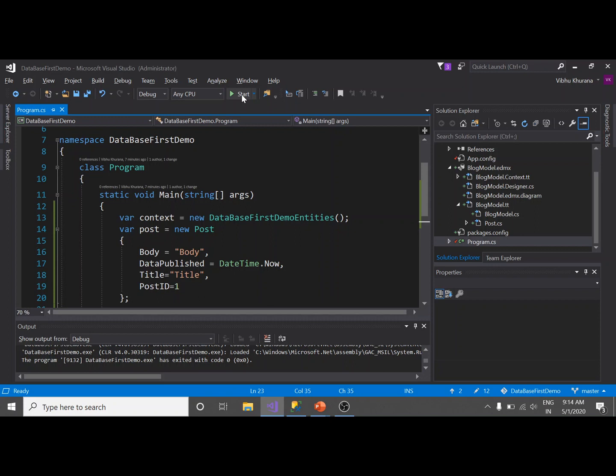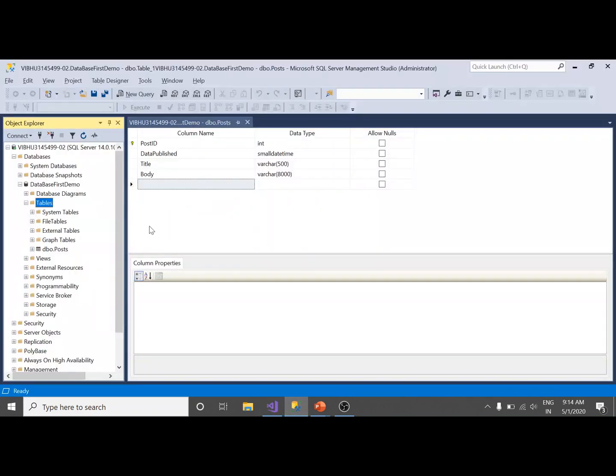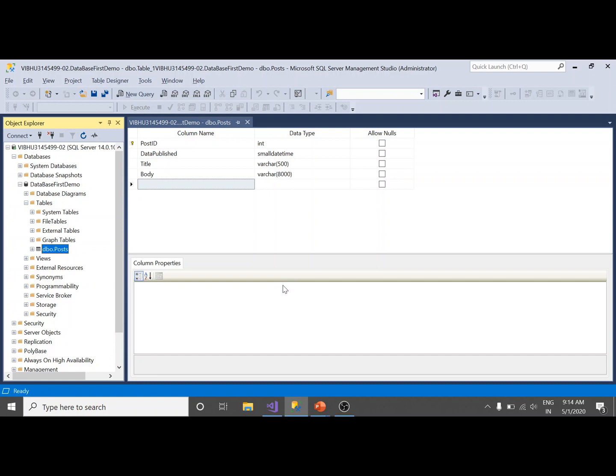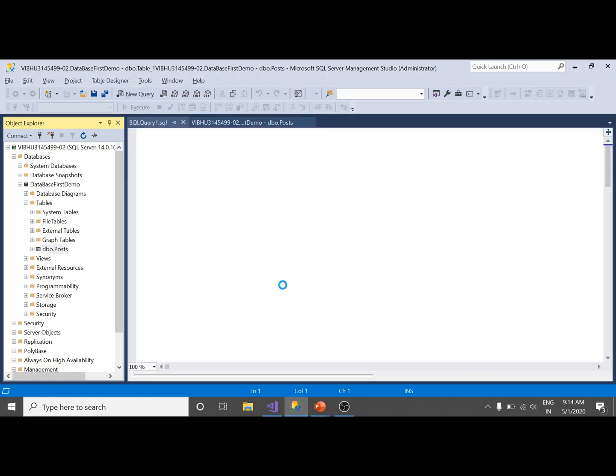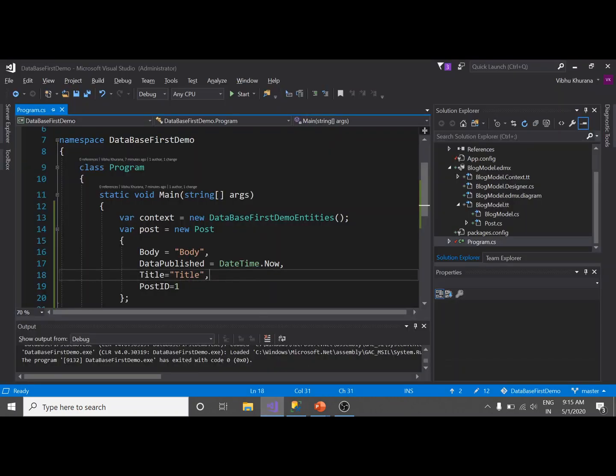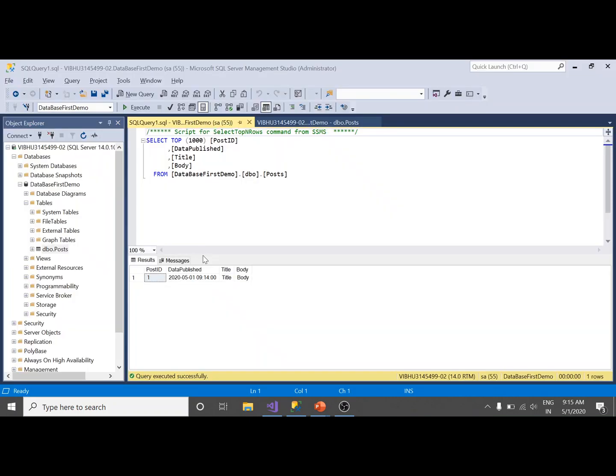Now let's just verify it. Just jump back to SQL Server Management Studio. Refresh the tables. Click on the table that we had created earlier. Select top rows. Wait for a while. And here you can see the data that I just pushed during the creation of the object. You can just cross verify it again. These are the properties or sample values that I just assigned to the properties of an object and are stored in our table. So that's it from this lecture.